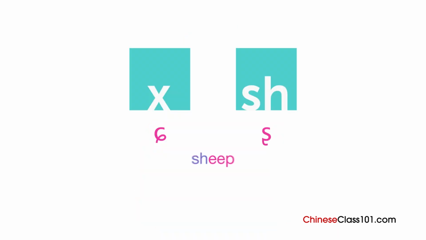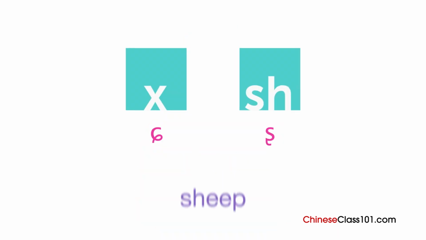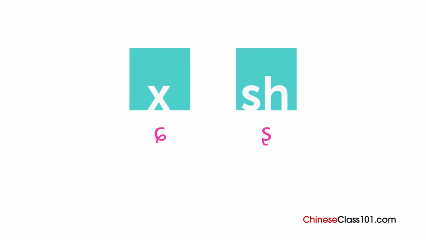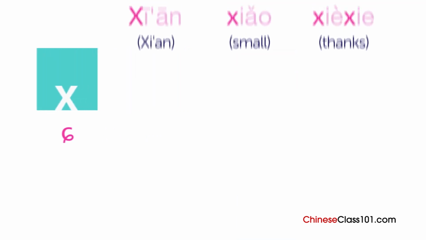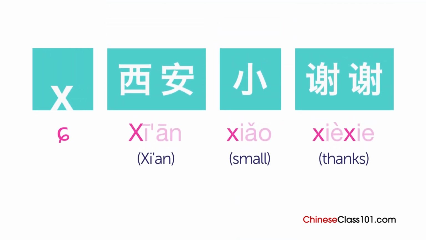The next 2 sounds that we'll tackle are often very difficult for English speakers to differentiate, so pay extra attention. Both of these consonants sound like the sh in sheep. However, they're not the same. Be extra careful because it's essential that you distinguish between the two following sounds. The first sh sounding consonant is